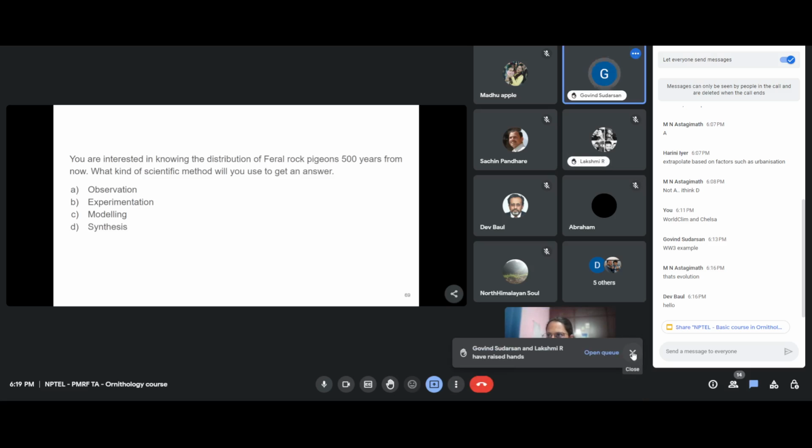So they still exist. Technically they'd still be feral rock pigeons, right, ma'am? It could be feral rock pigeons, or maybe subspecies of feral rock pigeons, but we don't know. I'm not sure if 500 years is enough. I could check whether any species have been dated to have separated within a span of 500 years.